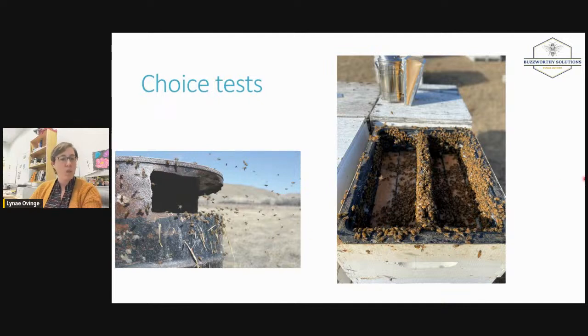We could do the same thing with open barrel feeding, try to pick 2 black barrels, put them right beside each other, or 2 barrels the same color, and see which ones the bees eat better. Okay, so we offer the bees a choice, and that gives us information about one thing essentially, and that's, will they take this down, or how fast will they take this down?